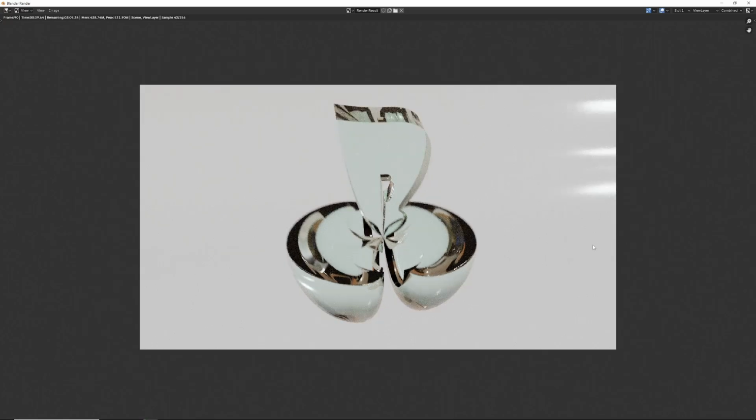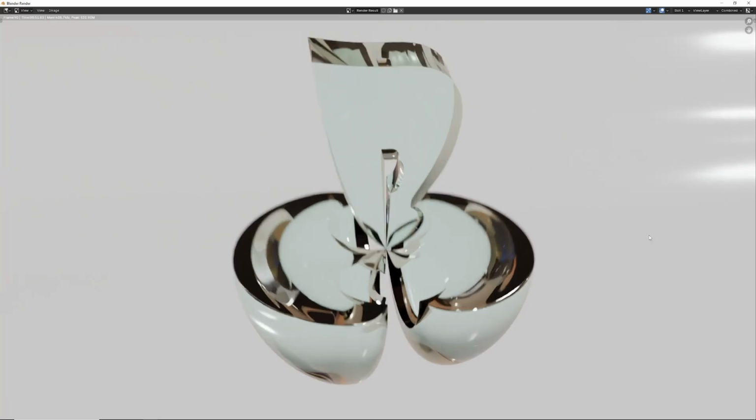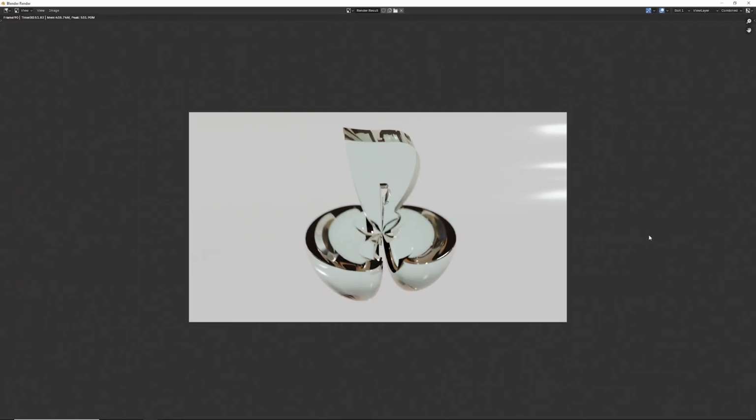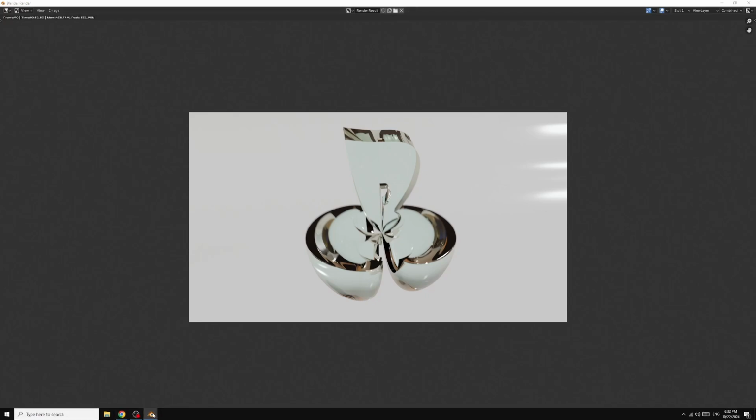If you want to make it in EEVEE, it will be faster, but Cycles is better than EEVEE. Now, as you can see, we have this abstract logo like this. If you want to make the animation,